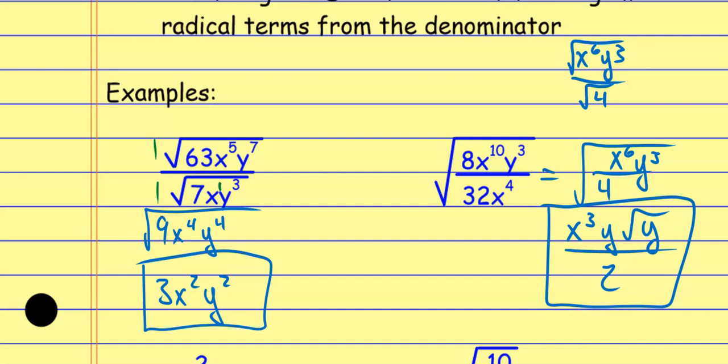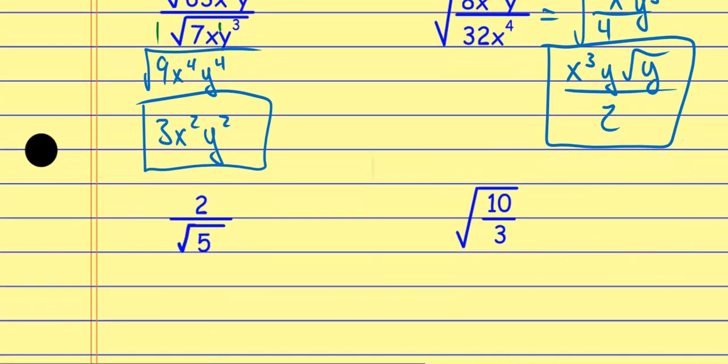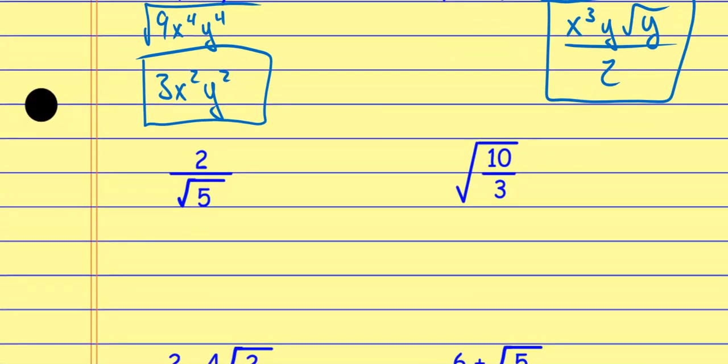It's okay that there's a radical in the numerator, but I don't want a radical in the denominator. If I look at this one, there's nothing that I can simplify here. I might try to simplify first, but in this one, there's nothing that I can do. I can't simplify this in any way, shape, or form, so what I want to do now is rationalize